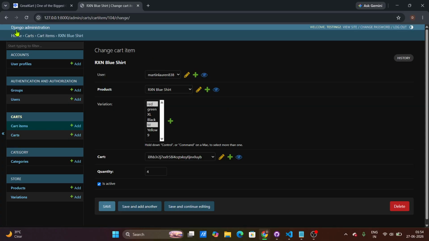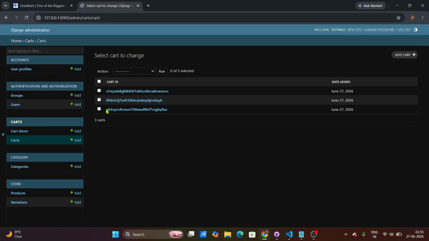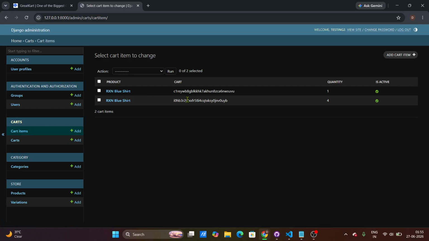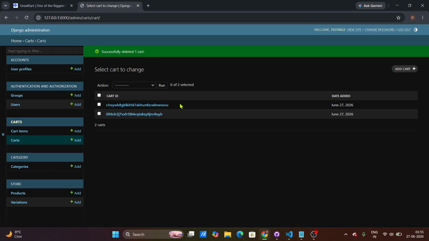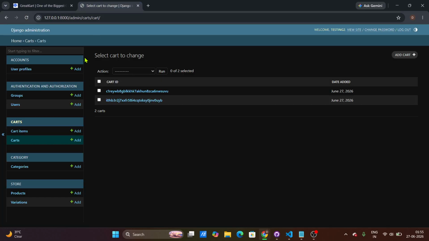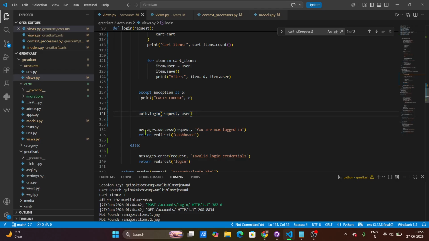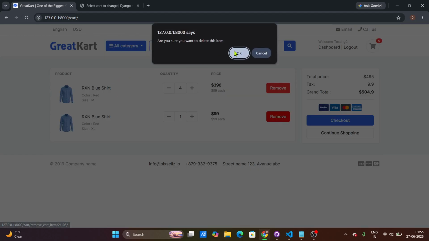User is common, so we have three carts, and see one, remove, this is our previously added. So after auth.login, if you add any item,